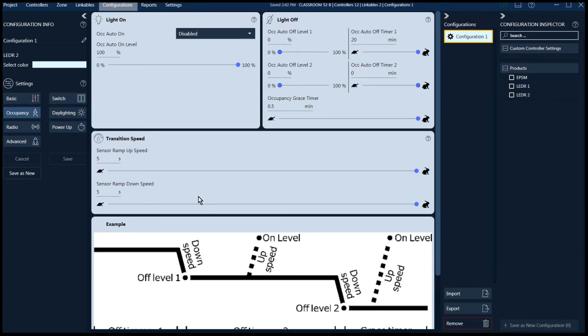So we will save that. We're going to select a color for it so that we can easily see it. I'm going to take green here, and we will save that. So now our configuration is green. So we created this once, and I'm going to name this